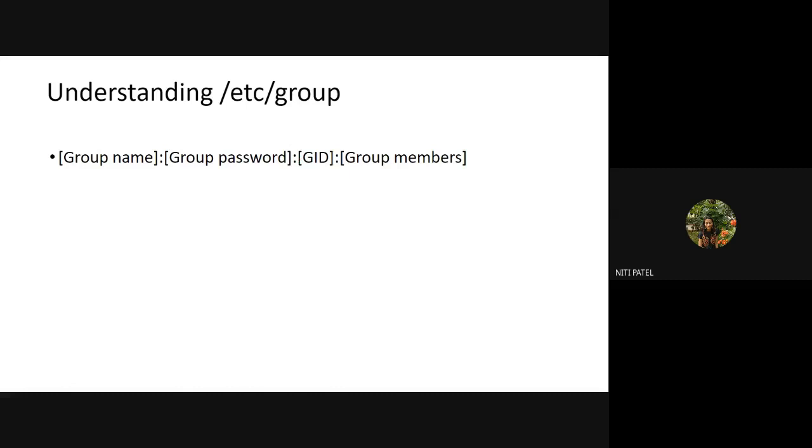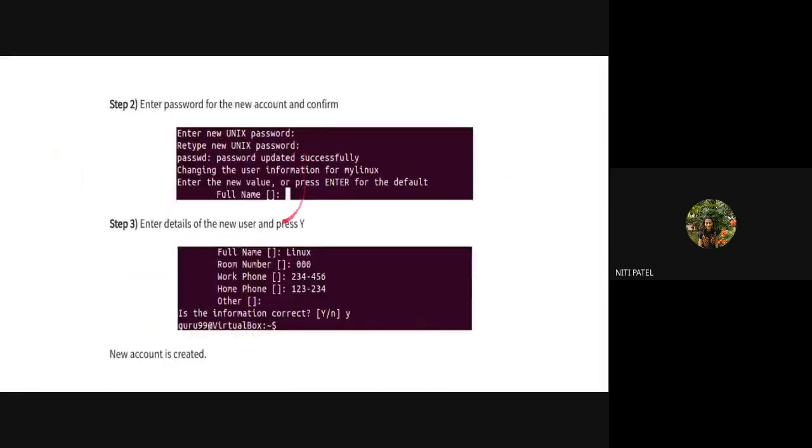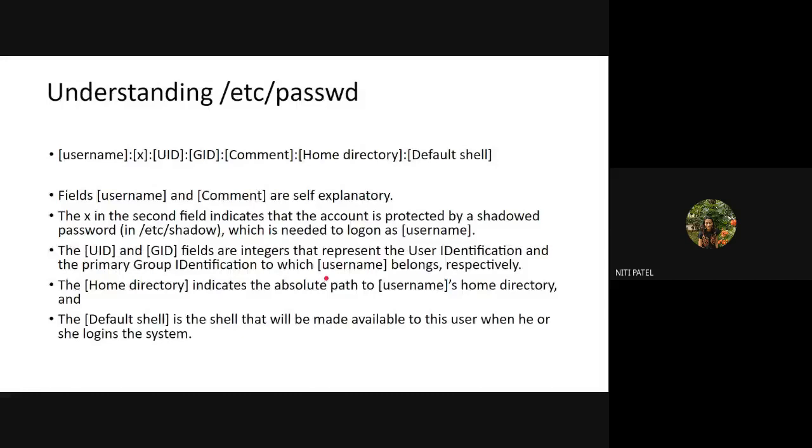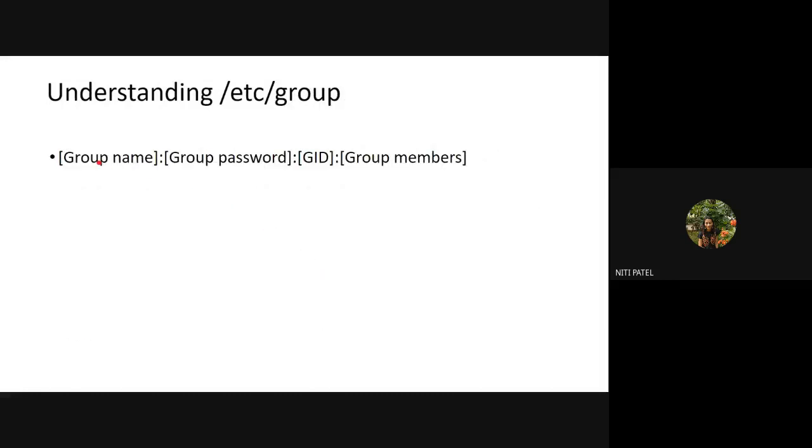But many a times groups are given with name also, groups are given with ID also. For example, name is TYCO, ID is 1002. So name will become TYCO, ID will become 1002. But if at all you have not given the name, your name and ID will remain same, which is 1002. So if you see over here in the user which we created, there was no name. It is 1002 only. So by default, over here, group name will also be 1002. Group ID will also be 1002.